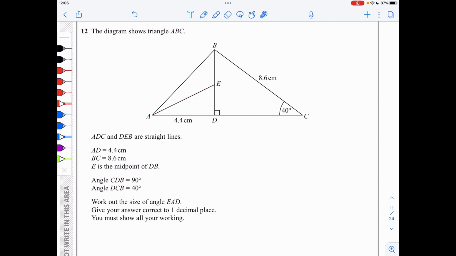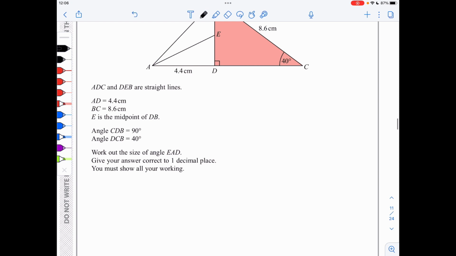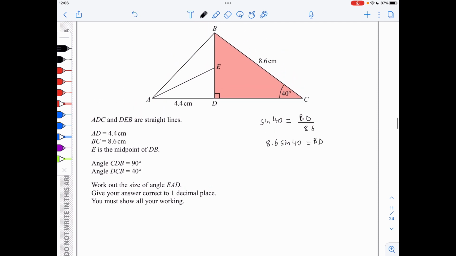However, I will start by focusing on triangle BCD, shown highlighted here, to find first of all the length of BD. So we've got that sine of 40 is equal to BD over 8.6, and therefore 8.6 sine of 40 is equal to BD. Now we've been told that E is the midpoint of BD, and therefore BE and ED are equal in length. So we can simply say that DE is a half times 8.6 sine of 40, and this gives an answer of